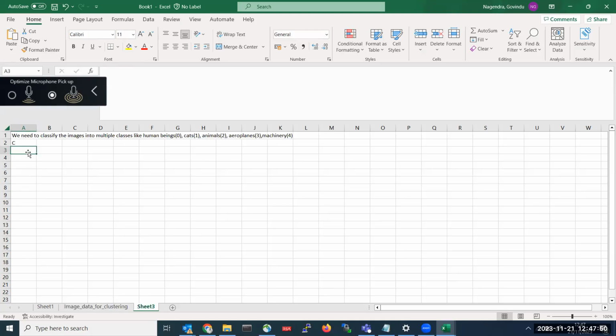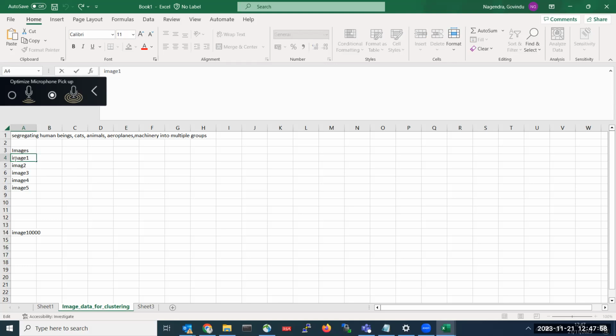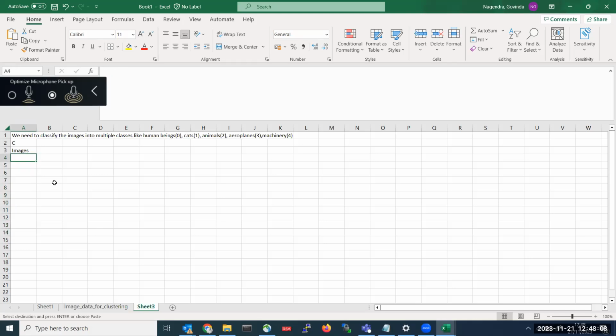Here also you will be having images like the same, but you will be having another category. This is input data, and you will be having the target feature also here, that is image class. The name could be anything. This column name could be anything.